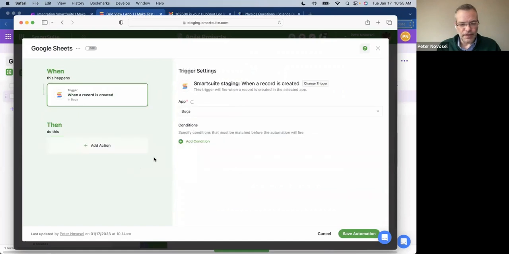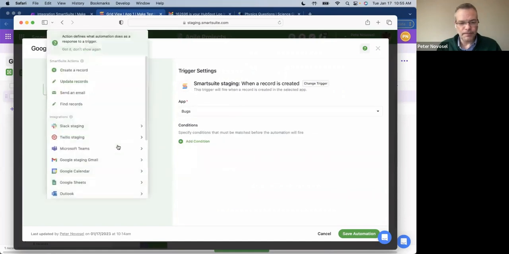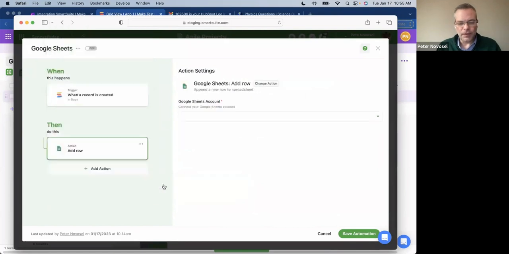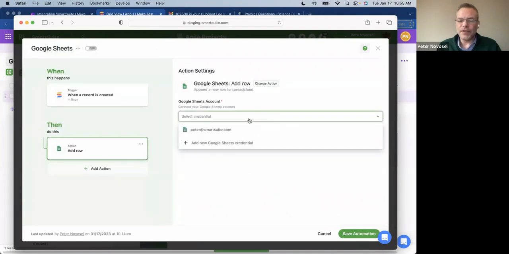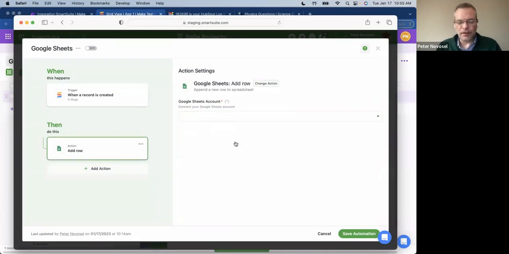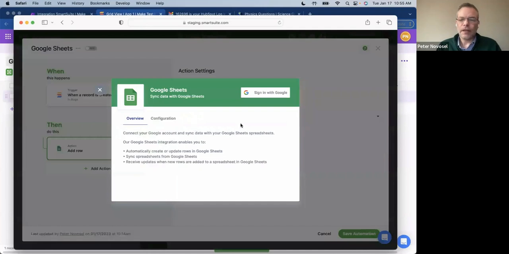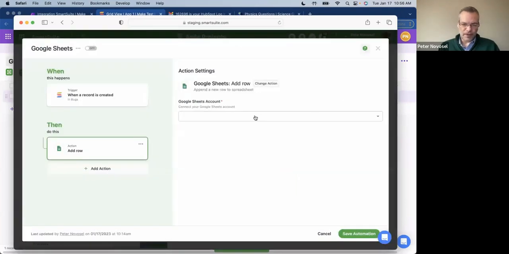Let me just delete this action and we'll say, okay, I would like to go use Google Sheets, and right now we just have the ability to add a row. The first thing that happens is you have to link your Google account, and that just gives you the standard pop-up. I'll show you what it looks like. You get this pop-up, you click sign in with Google, that'll open the Google authentication window. When you're done with that,